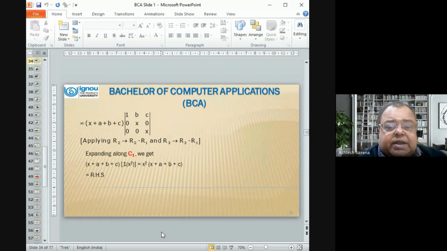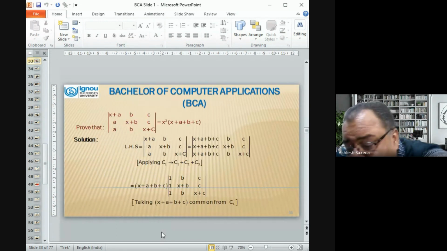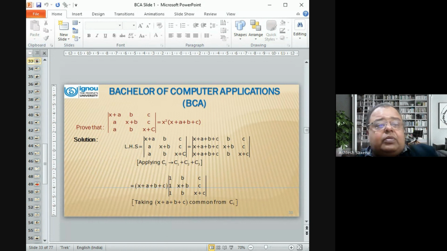So if you remember, last time we did this problem. What I told you to do was to see what is required, what has to be proved. I just kept an eye on the right hand side of the problem. There I can see that it is written within brackets as x plus a plus b plus c. Going back to the problem on the left hand side, we can see that